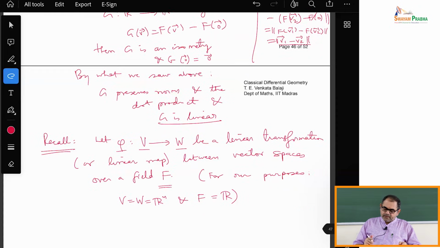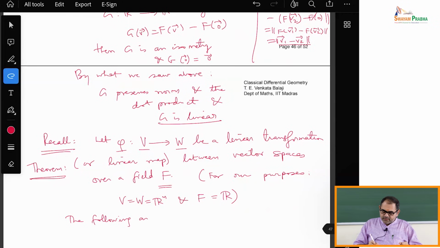All right, so the following, so it's a theorem. So what I'm recalling is a theorem. It is a collection of 2 or 3 theorems which are proved in linear algebra. Okay, so the theorem is that there are several equivalent statements. The following are equivalent